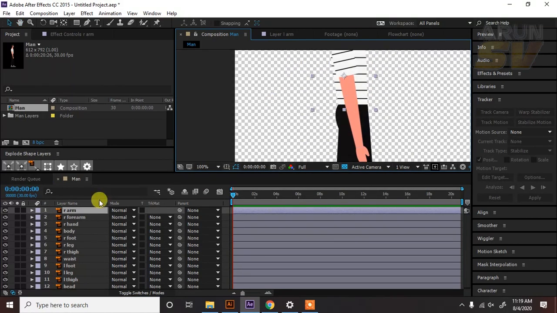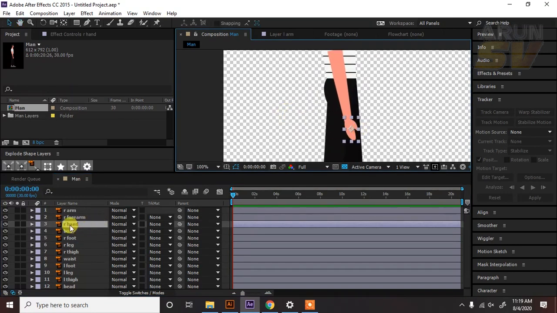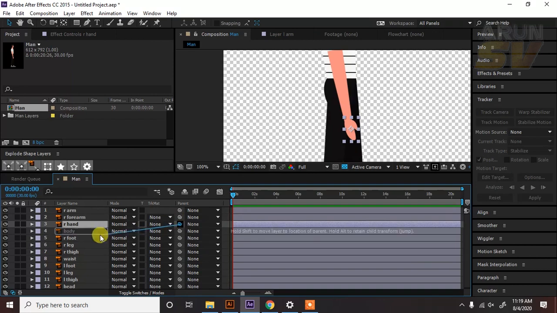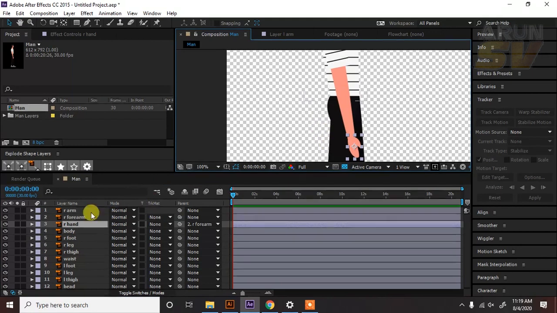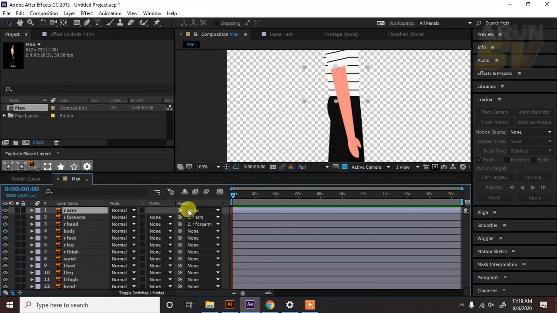It is the procedure. So this is the right hand, this is palm, so parent it to right forearm, then right forearm parent it to arm, then arm parent it to body.